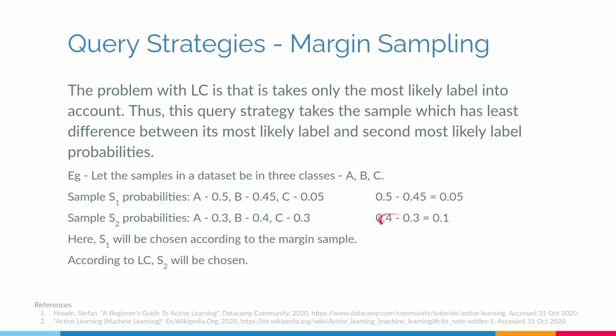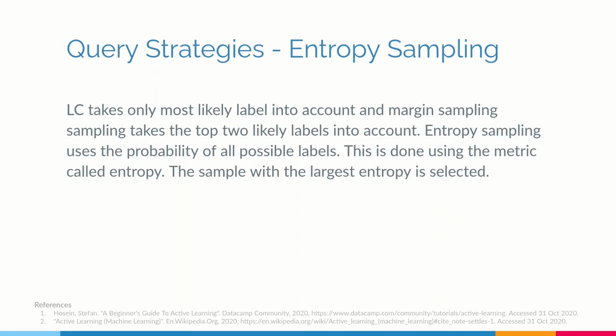But in case of this one, the difference between most likely and second most likely is 0.1, which is more than that. So it has some more confidence. It can still discern, okay, it is more of B than of A. But over here, since it's very close, it cannot decide very well which one it is. So it keeps struggling to decide. In this, it's not struggling that much. So in this case, it will label sample S1. But if you use least confidence, the previous method, we will be using the other one. So the main advantage of this is it looks at probabilities of not just the most likely label, but the others as well.